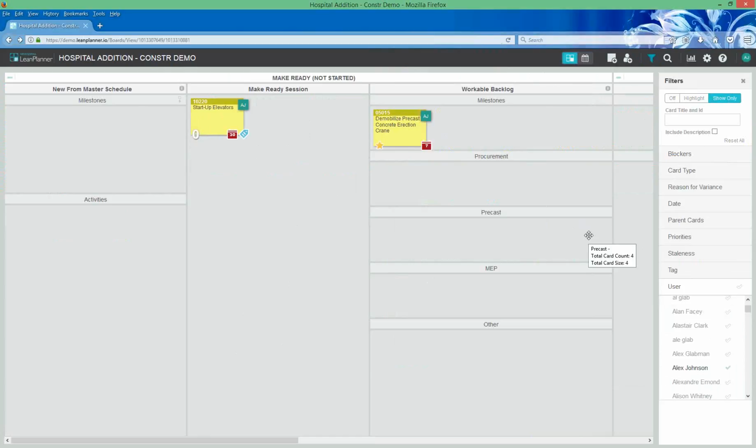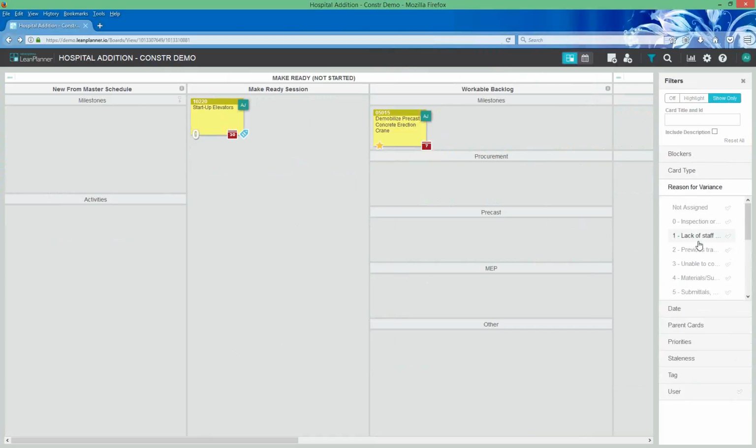And so depending on what my particular work was, or what I was trying to get at, I would then say, okay, show me all the cards that have inspection issues, right? Or show me all the cards that are related to a submittal, right? And you can start very quickly and easily filtering down and trying to figure out, okay, what do I need to get on top of?